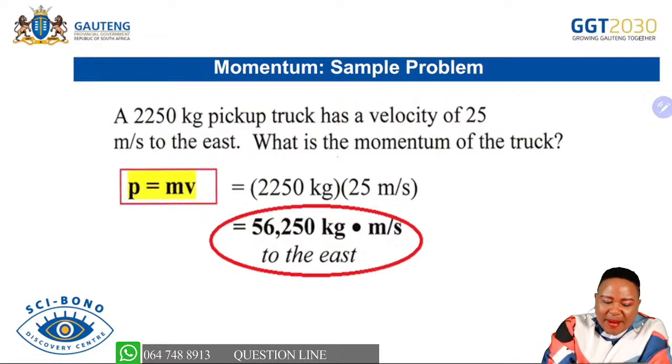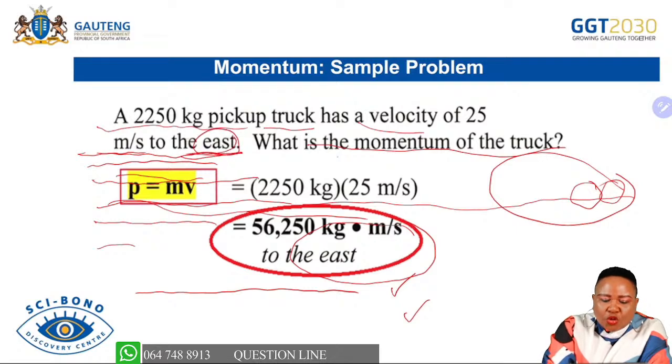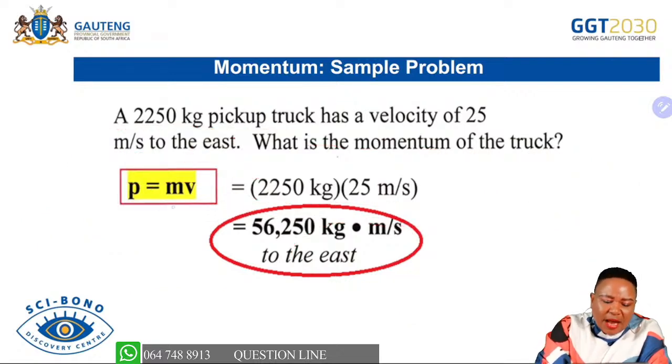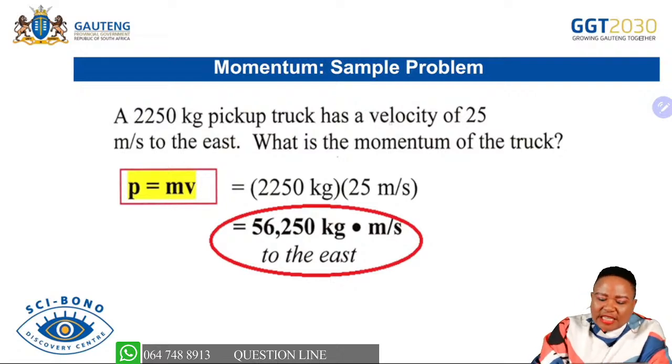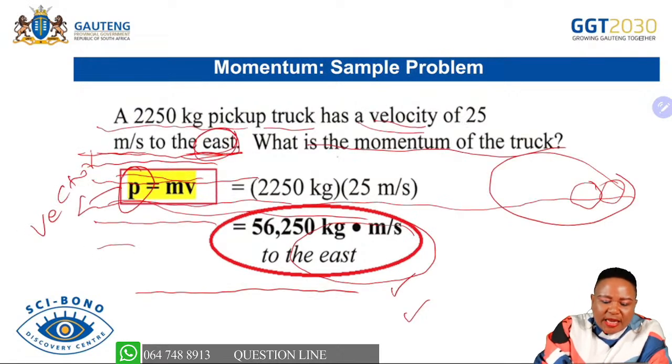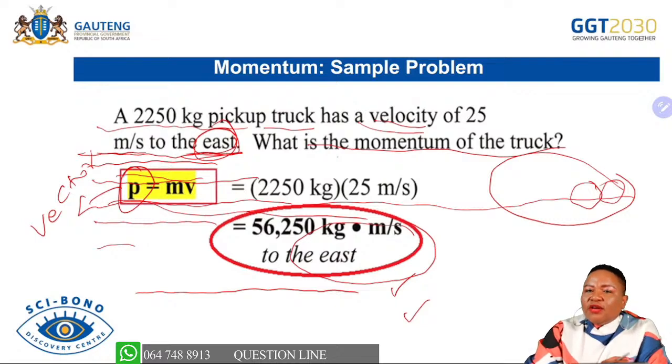Now, remember, the only thing that I forgot to mention as I started, you must understand that momentum is a vector. So momentum as a vector, it means always when you classify momentum, you must talk about its magnitude and direction. And we also know that velocity is a vector. So that is why the direction of this velocity or of this vector is provided. So they say here, what is the momentum of the truck? As simple as it comes.